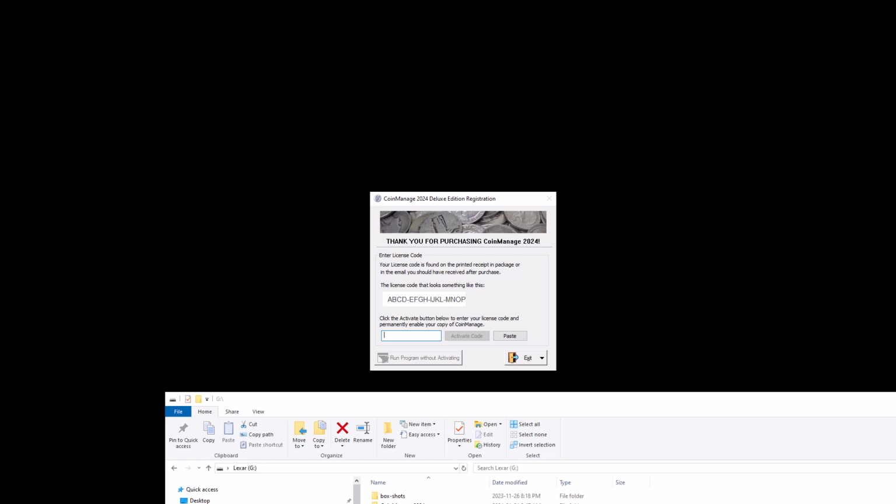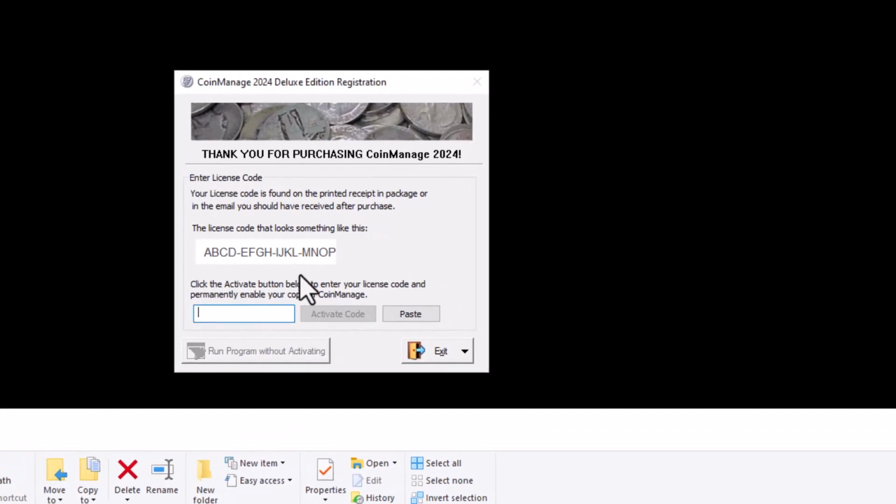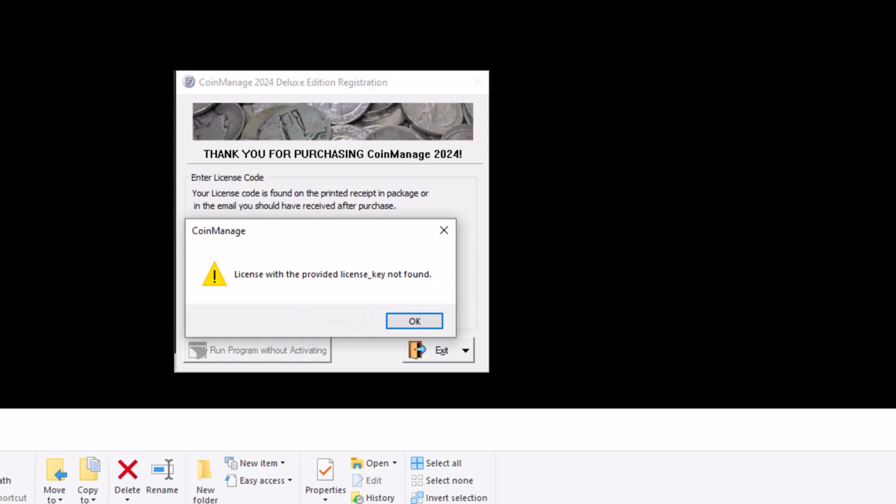So how does it work? Well, when you purchase the program, you get an activation code. Here's an example. I'm just going to paste it in. And so if your activation code doesn't work when you're trying to do it over the internet, you can do